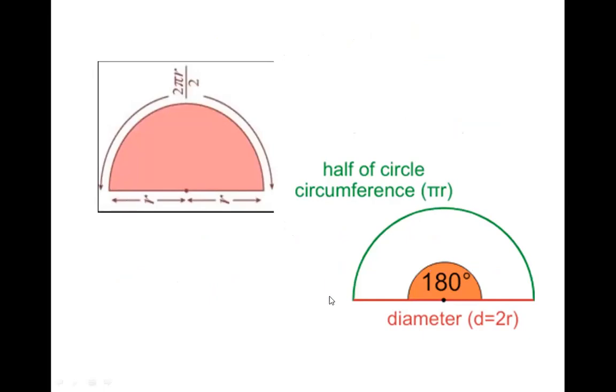If we cut it in half through the center, this diameter line segment touches the end points of the circle. So this type of cut figure is known as a semicircle, half of a circle. Here the relations are the same. The diameter and the radius are related: D is equal to 2r.